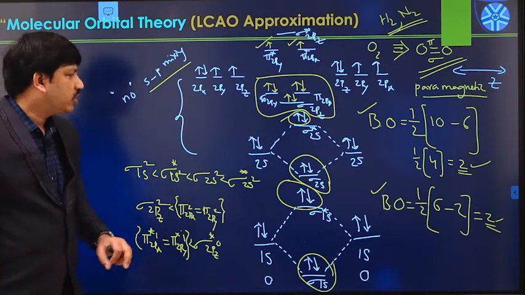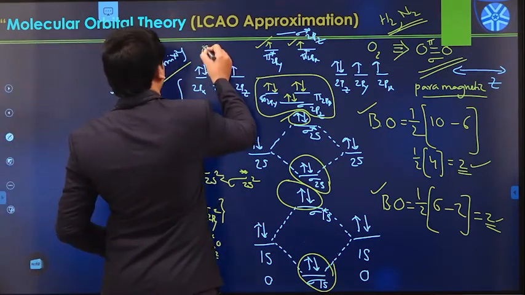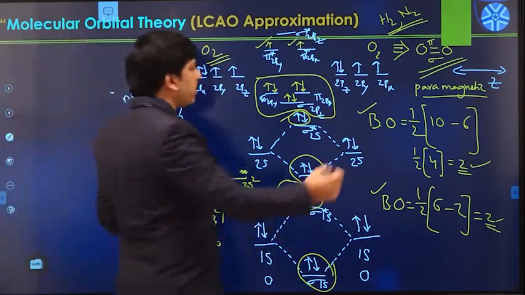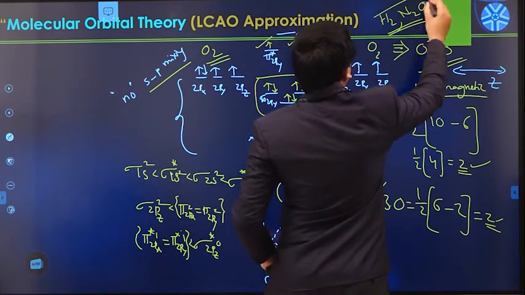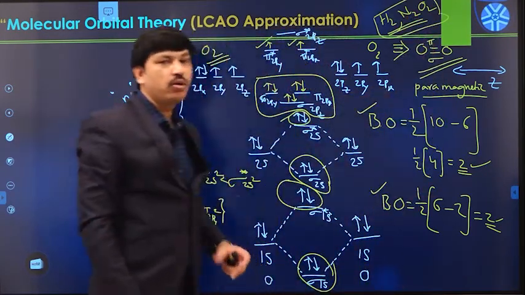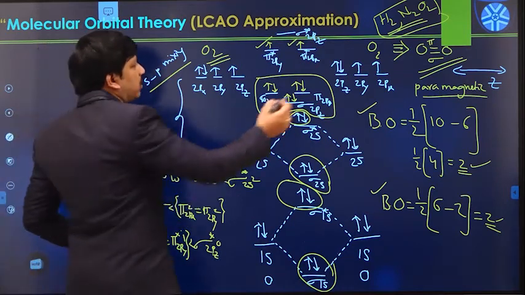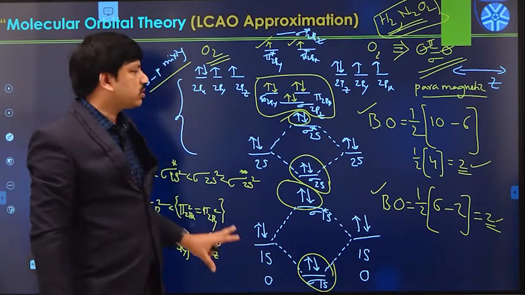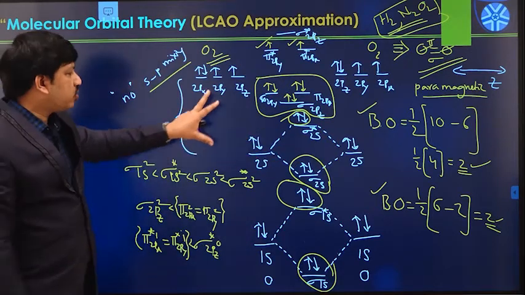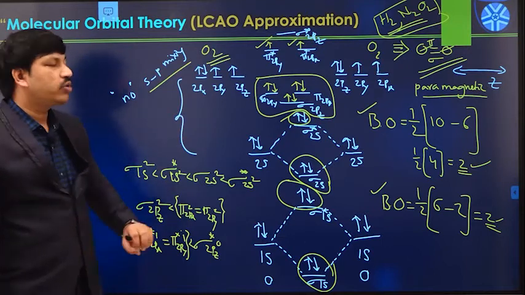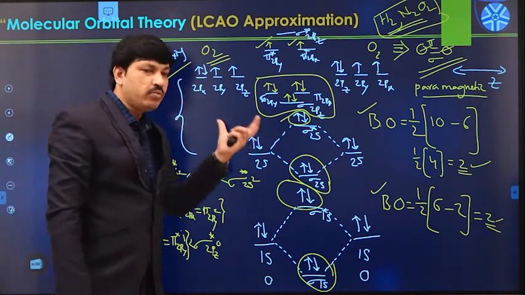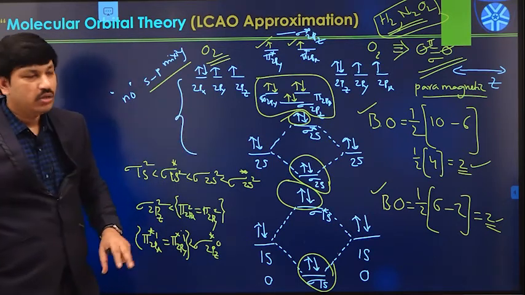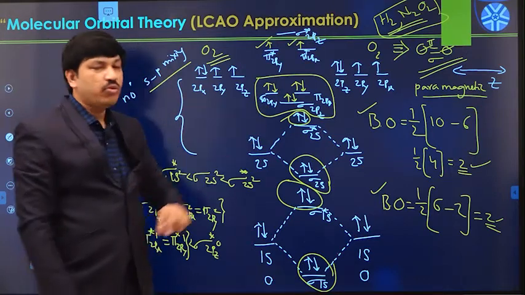In a similar fashion, this is one of the homodiatomic molecules. The O2 molecule, the H2 molecule, or the C2 and N2 molecules are all examples of homodiatomic molecules. Homo means the same atoms are available, so both are the same atoms. In the case of homodiatomic molecules, the construction of the MO level diagram is something like this. We have to think about whether sp mixing is possible in that case or not, depending upon the energy gap between the 2s and 2p orbitals. Then we can generate the corresponding MO energy level diagram.